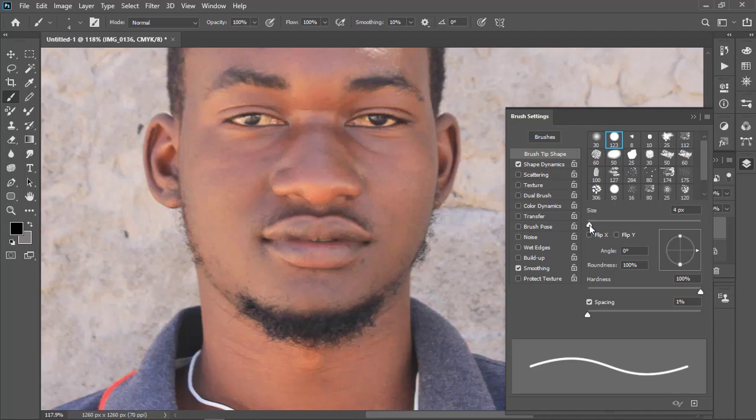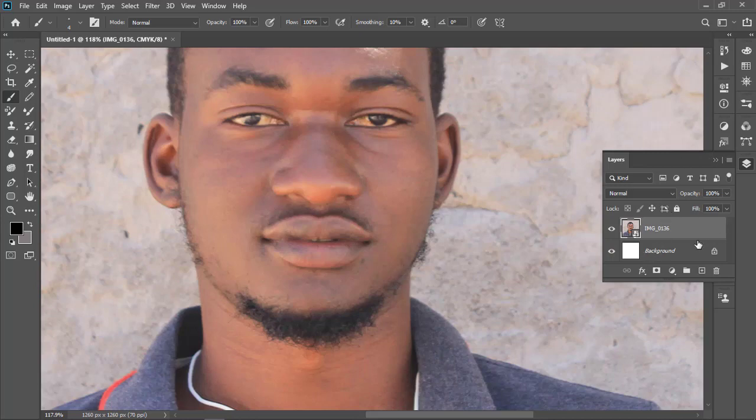Okay. Now the next thing that you wanna do after setting up your brush, here are your layers. The next thing that you wanna do is create a new layer. This new layer is the layer for your outline, the layer for your drawing. Make sure that here it's black if you want your outline to be black. If you want it to be white, then make sure that here it's white.